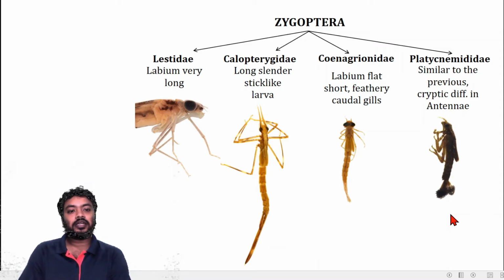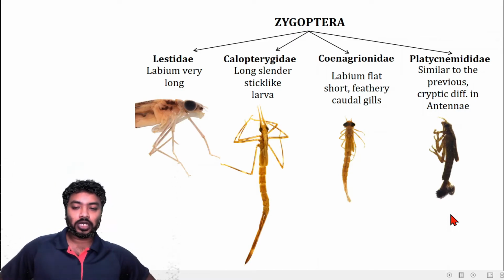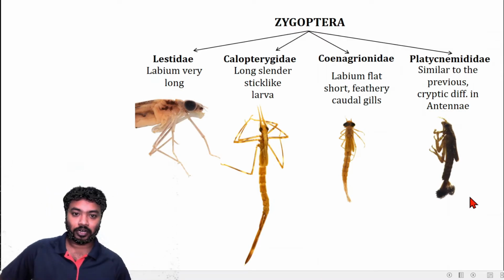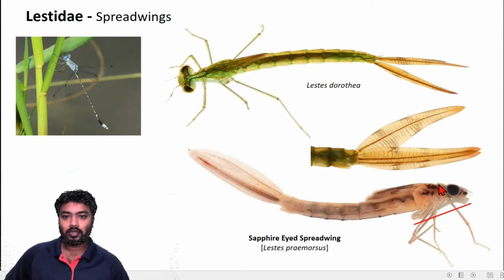So the Platycnemidae consists of the bush darts, the yellow bush dart, blue bush dart, and pied bush dart, and the Elatoneura species and Protacineura species. The black wing bamboo tail, all the bamboo tail species are in the Platycnemidae family. Okay, so the first family, that is Lestidae.